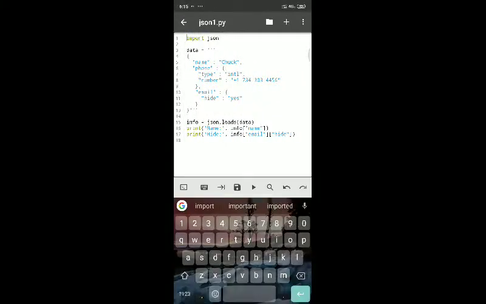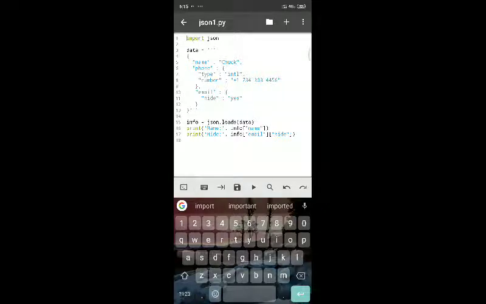Now you can see how the data is written in the form of a dictionary here. Under the main dictionary we have name, then under phone we have type and number, then under email we have one more key, email, and the value is one more key value pair under that.